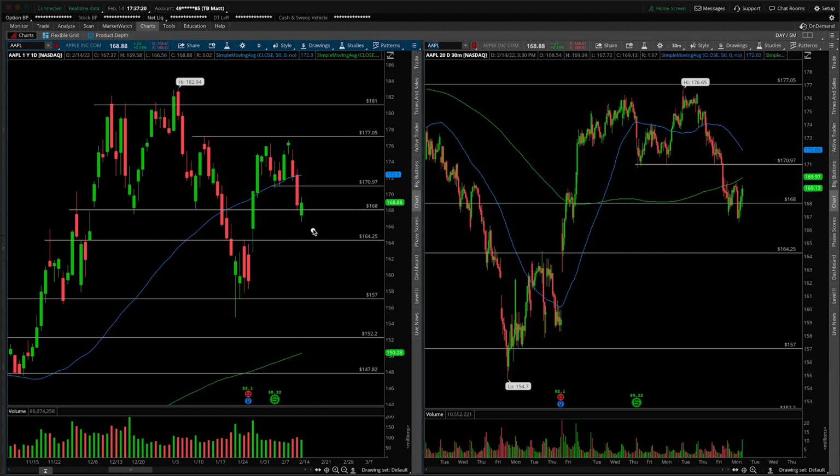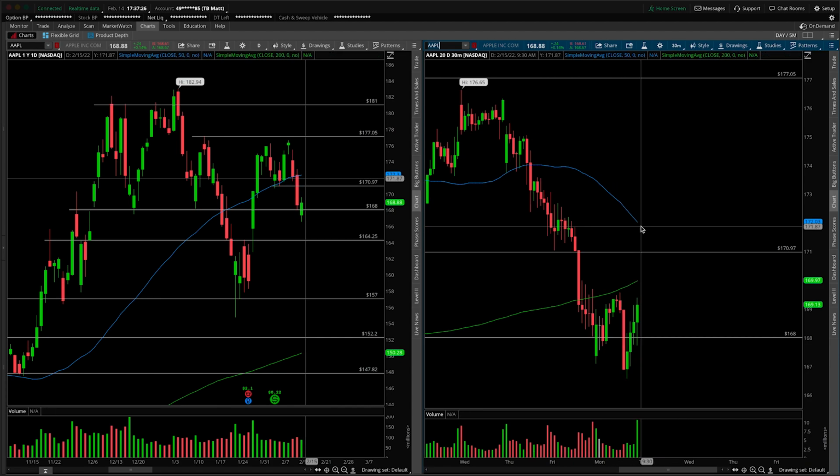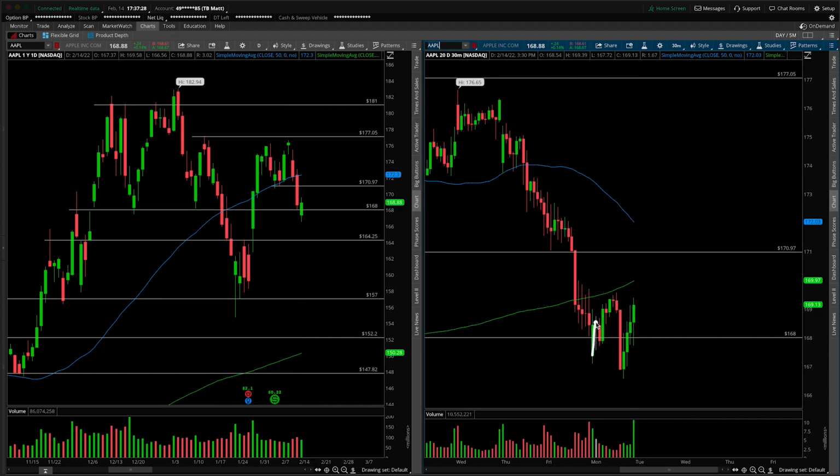The reason I say that is because we did produce a lower low and we clearly have a lower high. If you were watching intraday, it was pretty squirmish out there, right? At first, it looked fine, like we were going to recapture and hold back above. This afternoon pullback then broke it, then we rallied and closed back above at the close. So the volatility is extremely high right now inside of Apple. I mean, it was back and forth, whipsawing all around, which is why I say it's holding, but for now,